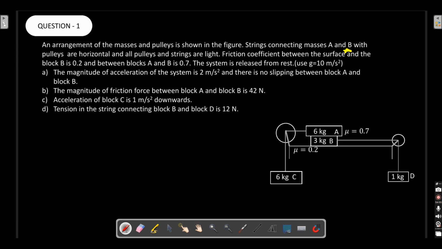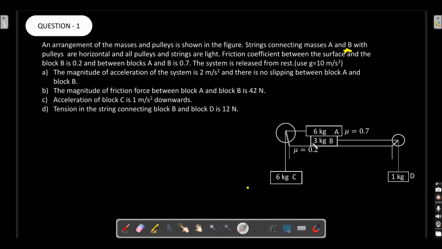So first of all, try to analyze the way that I'm doing this particular problem. In every problem, I'm going to do 4 cases. In the 4 cases itself, I'm going to get an answer. So let's see how I'm going to solve this question. First of all, I need to find the acceleration. There are 4 possible cases. What are the 4 possible cases, sir?